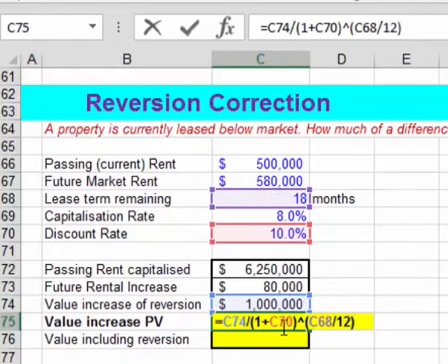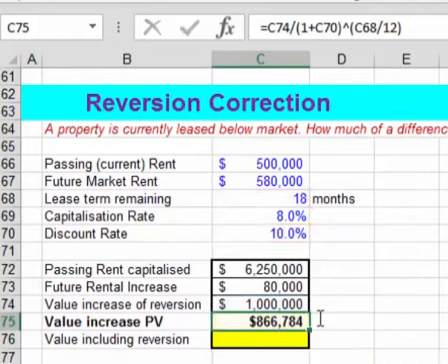So the equation looks a little bit cumbersome, but really all we're doing is dividing the $1 million, C74, by 1 plus the discount rate, all raised to the time that we have to wait, expressed in years. So that gives us a present value equivalent of $866,000. So it means that the $1 million we have to wait 18 months for is only really worth $866,000 today,